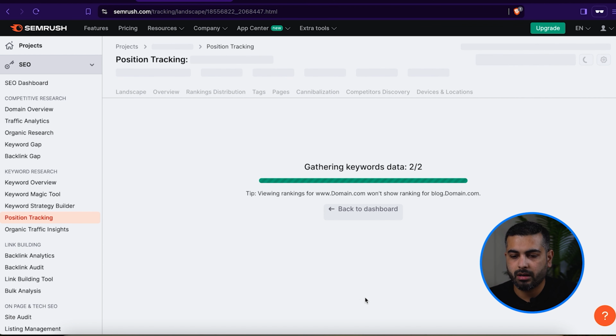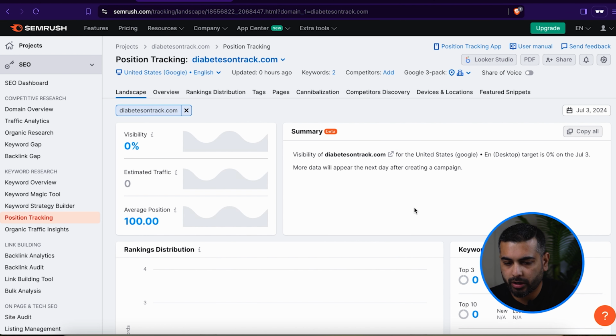So if you set up your SEMRush account today, the ranking or the tracking will start happening from today itself, right? So we'll just allow it to gather the data, and as soon as that green bar completes, you know that you're almost there. The data is almost going to come in front of you. So again, it depends on how many keywords that you add. Sometimes if you add more keywords from certain locations, it may take a little bit more time to set up your SEMRush. So just remain patient. So as you can see, we've got